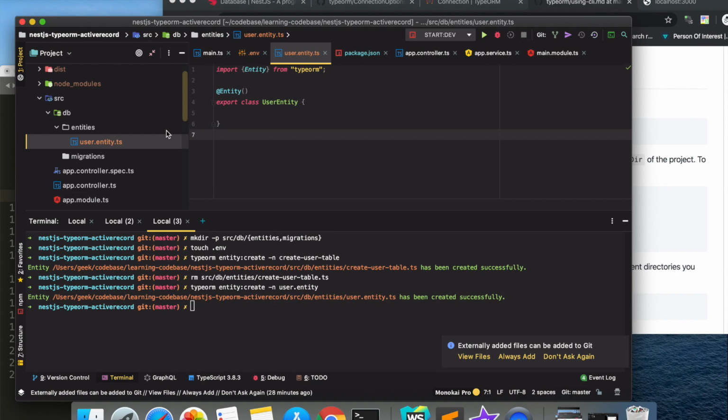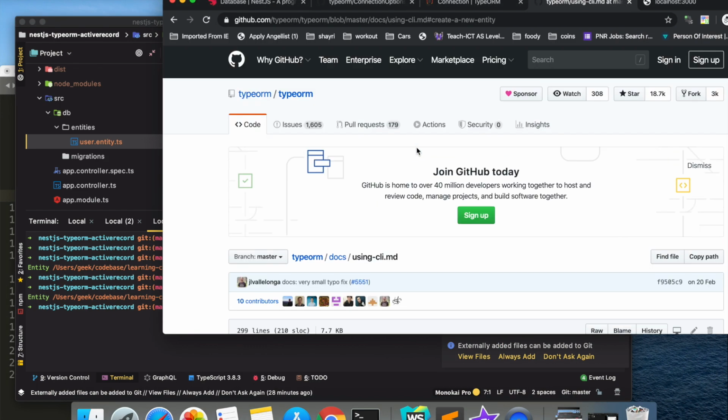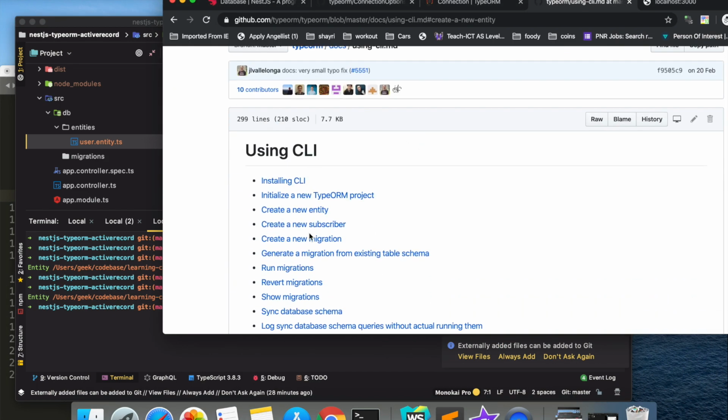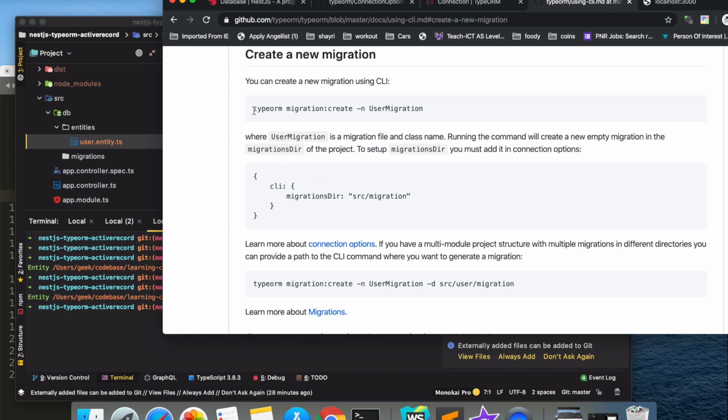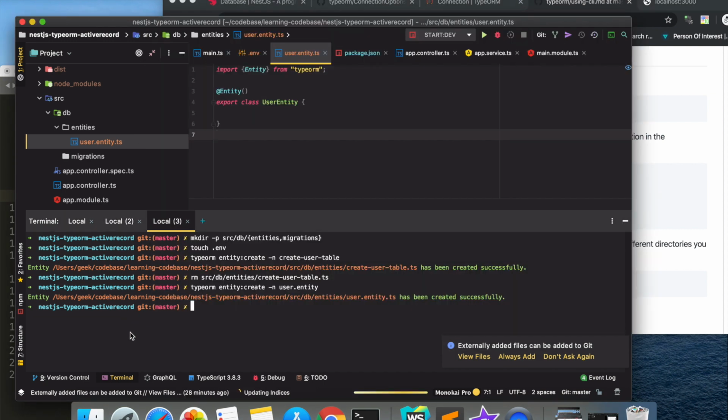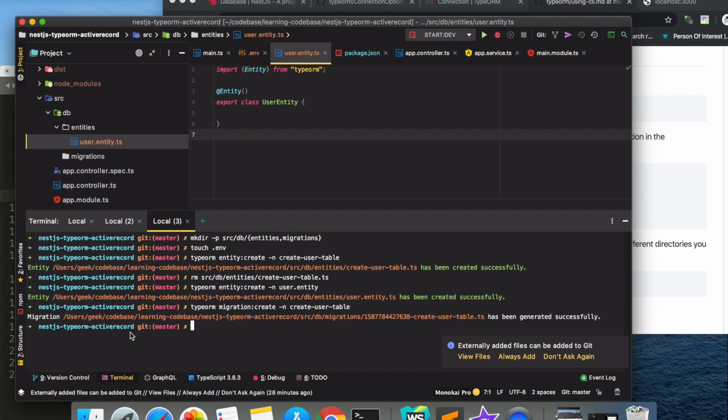Let's create a migration. For creating a migration, we have to create a new migration with the type ORM CLI and the name of the migration file. So basically, let's say create user table. It will create a migration file.